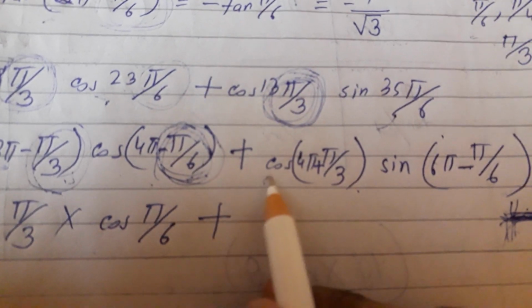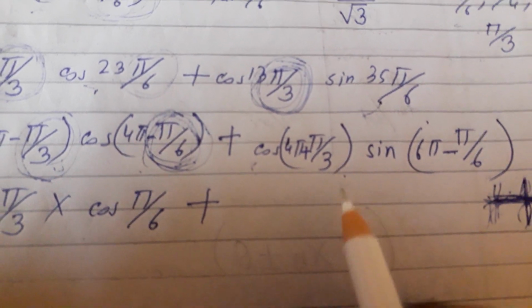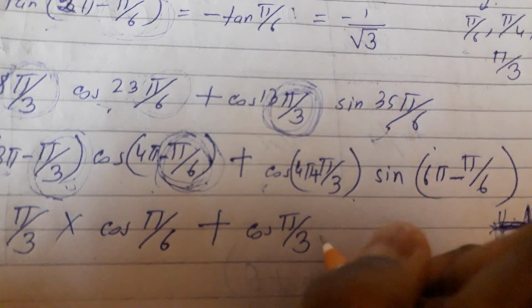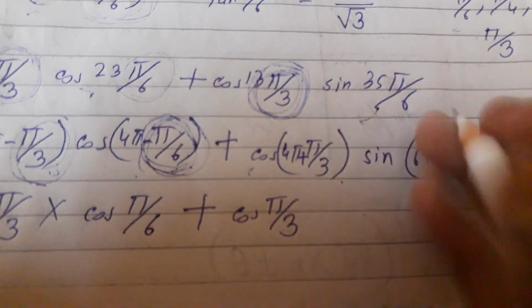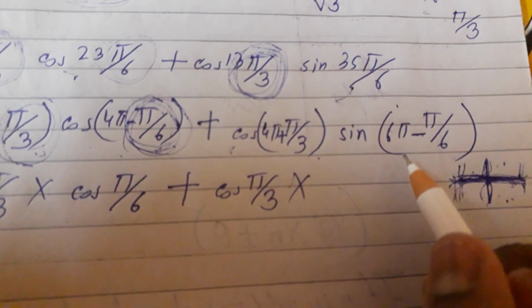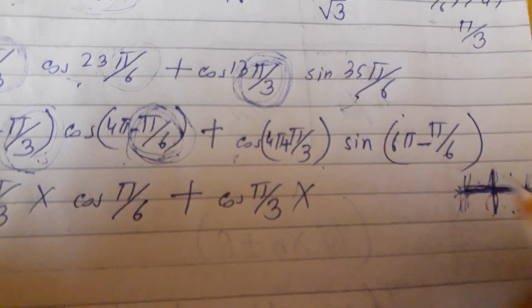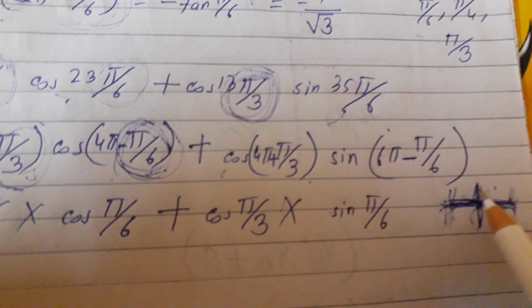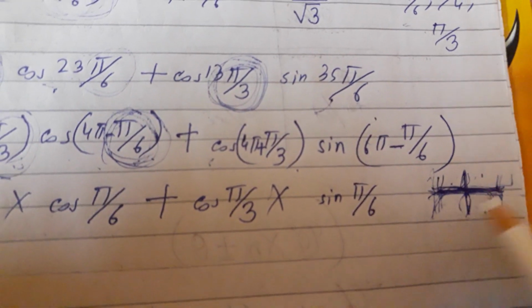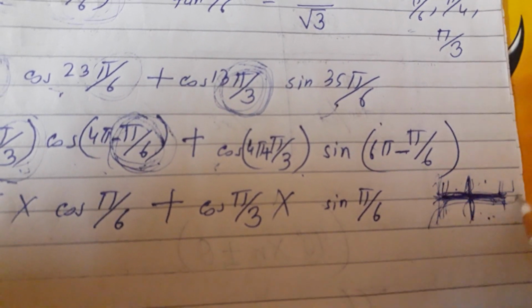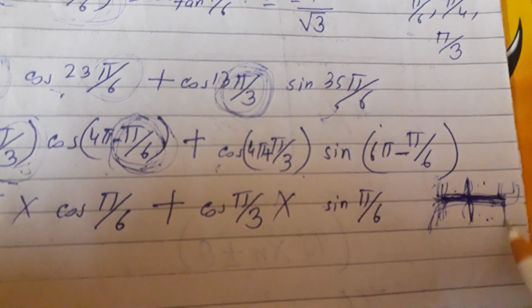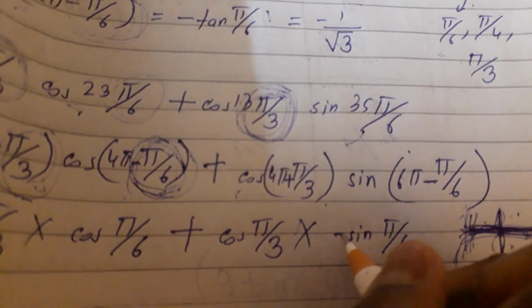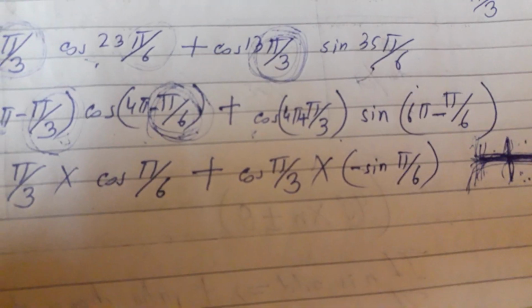Similarly, you see here cos 4 pi plus pi by 3. So you can write it as cos pi by 3. Here also the sign will be positive. And you see here is given 6 pi minus pi by 6. So this will be obviously sine pi by 6, and then 6 pi. First pi, second pi, third pi, fourth pi, fifth pi, sixth pi minus. So this is the cos function, so here only the sign will be negative.